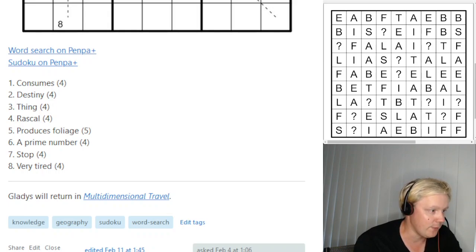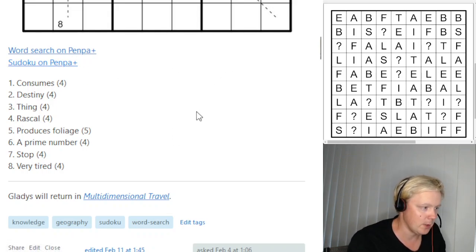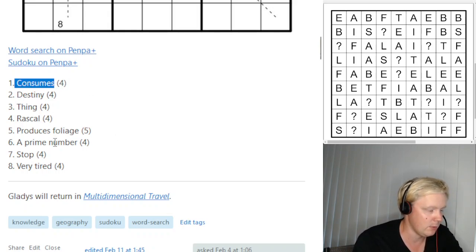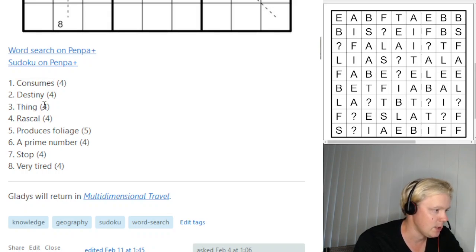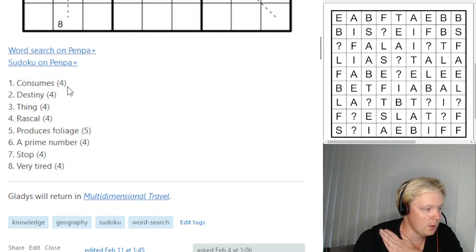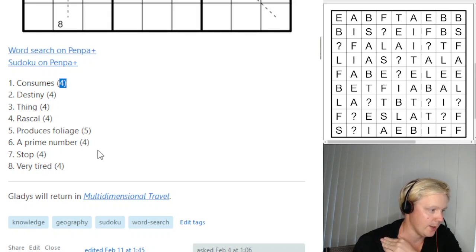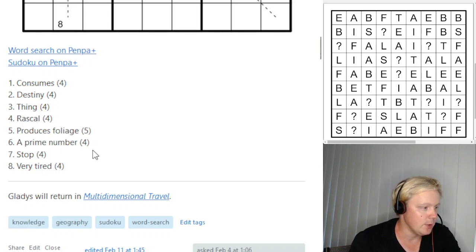Let's see. So here we have the clues, and obviously these are the links to the editable grids which I have open. So let's look at clue number 1, consumes. And these are not cryptic clues. Obviously, one word is not going to be a cryptic clue, right? So these are normal. Find a synonym. Normal clues find a synonym for the word consumes, and it's 4 letters. Well, if you eat something, you consume it, right? So eats is a synonym for consumes, and now we need to find it